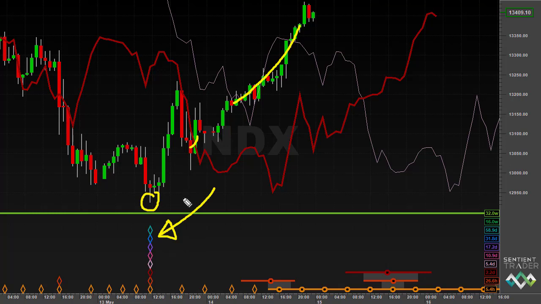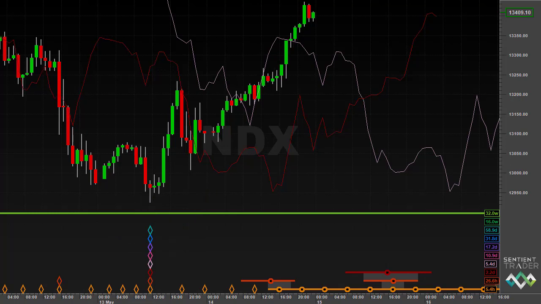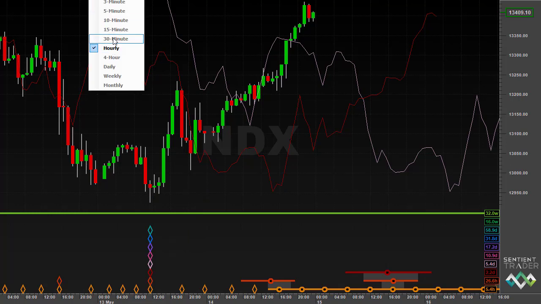They have to say, yes, that is confirmation enough for me. And that is exactly what Sentient Trader has done. So on the 1-hour chart, it is saying I have enough confirmation that the 80-day cycle trough has formed. That's wonderful. However, there is a danger here. And let's take a look at a shorter time frame chart. We'll drop down to the 15-minute chart.